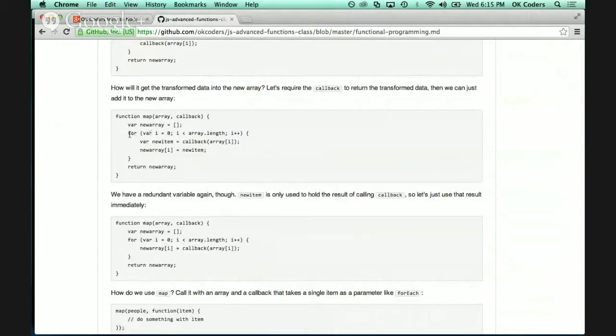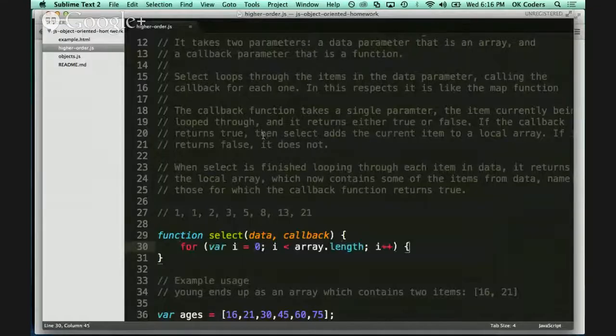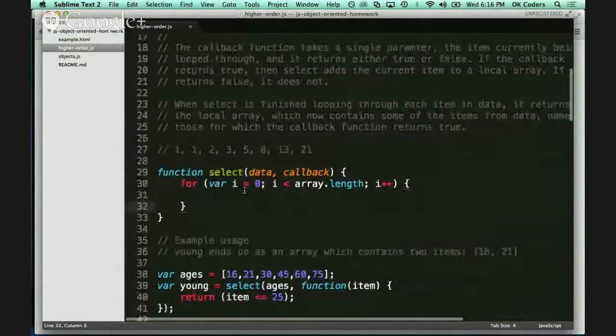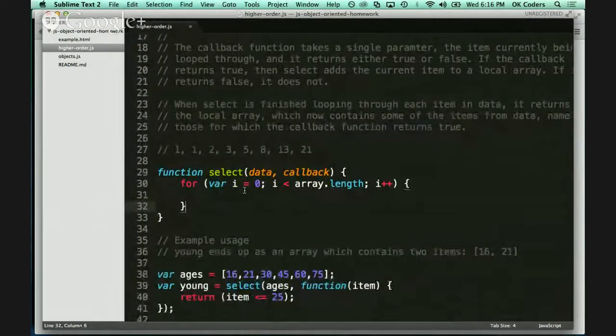We know that we're going to loop through each item in the array, so we need a for loop. And I can just copy that from here and paste it in. Okay, so I need a for loop. What is this for loop doing? It's setting a local variable i to 0 that represents the index of the element in the array. So remember, an array is a list of items. We can get access to an item specifically in the array by indexing into it. I want to start at 0, go up to however long this array is, array.length. Length is a property on all arrays. And then I want to increment this loop by 1 item at a time. So this will allow me to get access to each element in the list one item at a time,